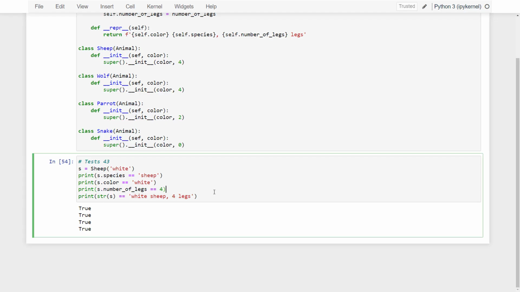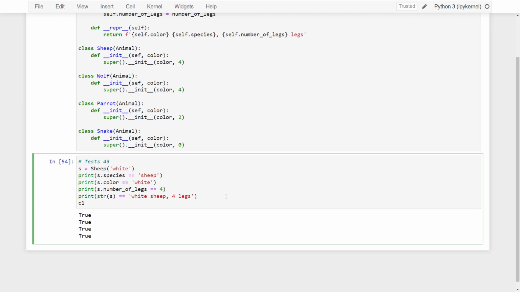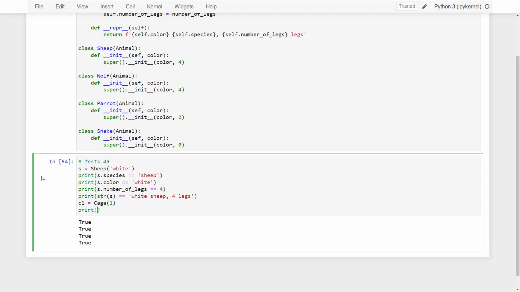So the idea is that we would define one cage like this. C1 equals Cage, and it would have an ID number. So whenever I see print C1, it should be equal to the following sentence: Cage 1, and I'll simply write everything like this: black wolf, 4 legs. Okay, Cage 1. So it is on one line, 4 legs, white sheep,